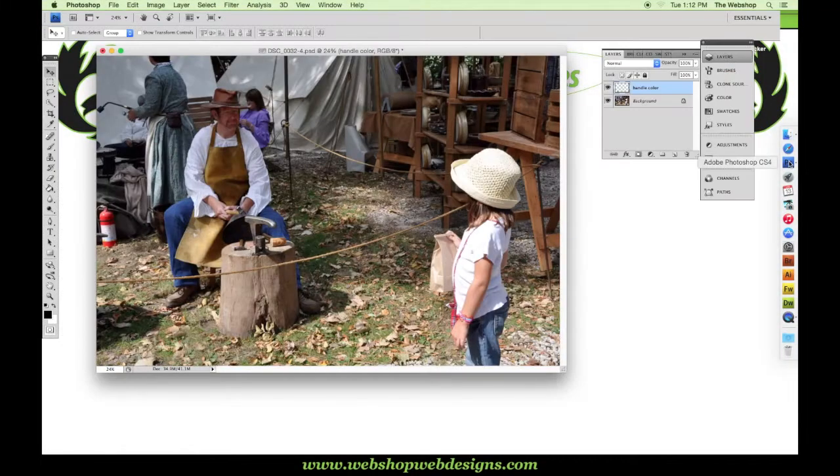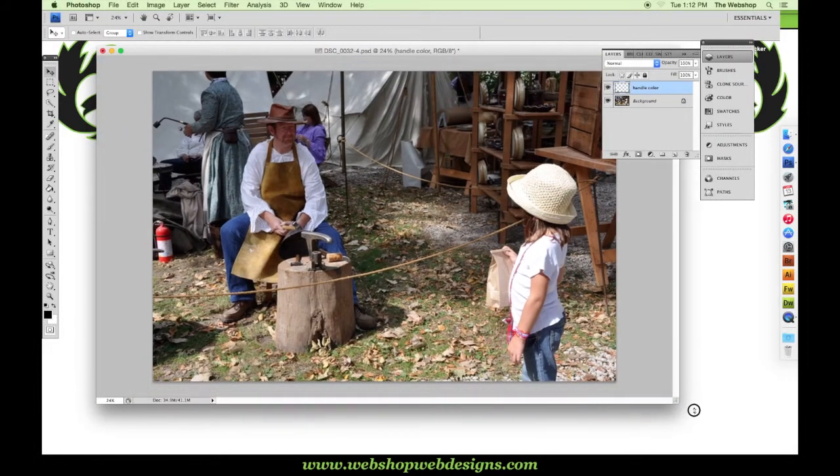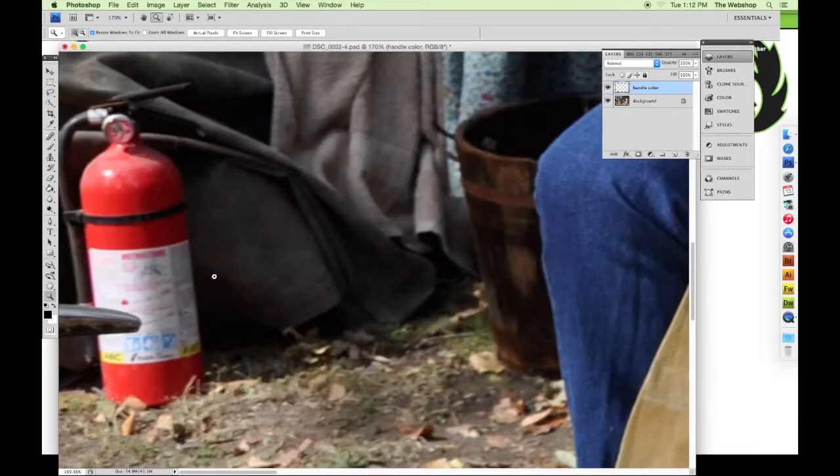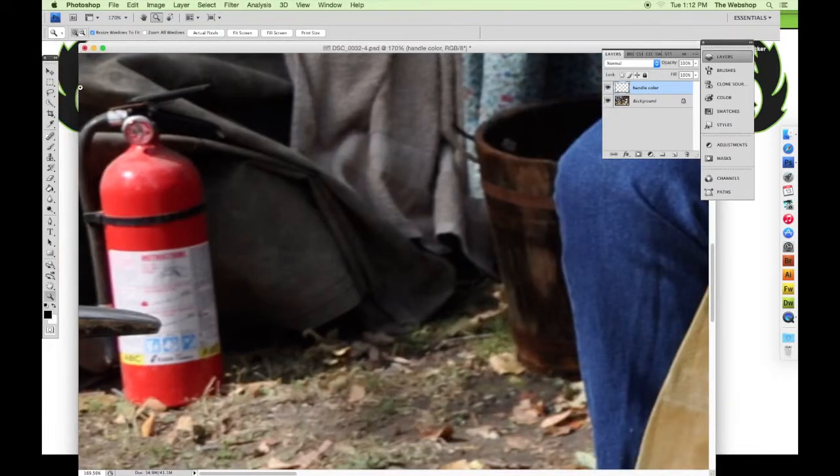So I'm going to go to my Photoshop and bring up the same image as we had before. Right there's the handle that we covered up before. I'm going to go to my magnifying glass and zoom in on this fire extinguisher. At this point we're not going to use the clone stamp this time, but I'm going to come down and get my pen tool and draw me a path right underneath this fold and around the fire